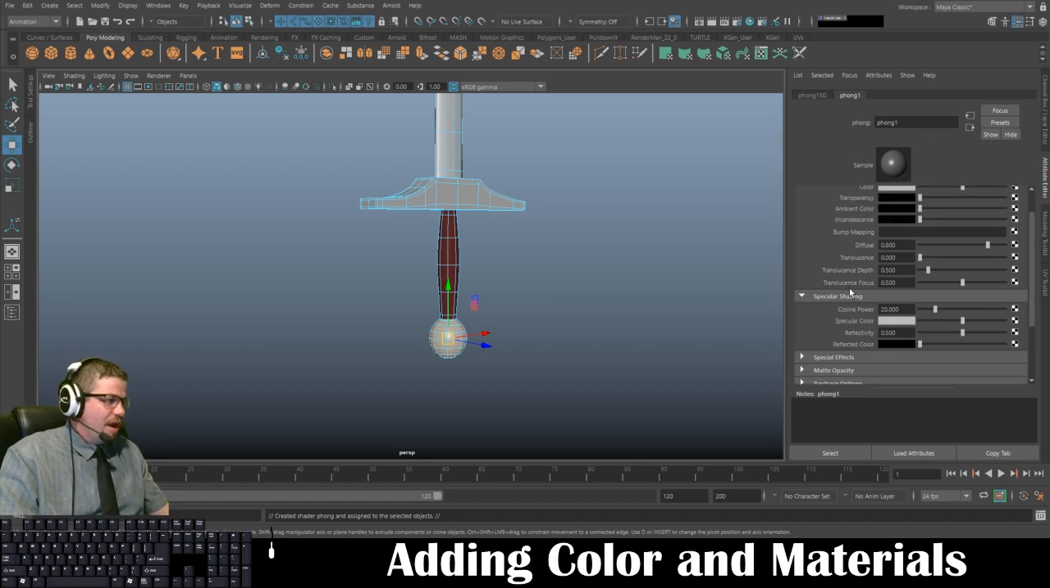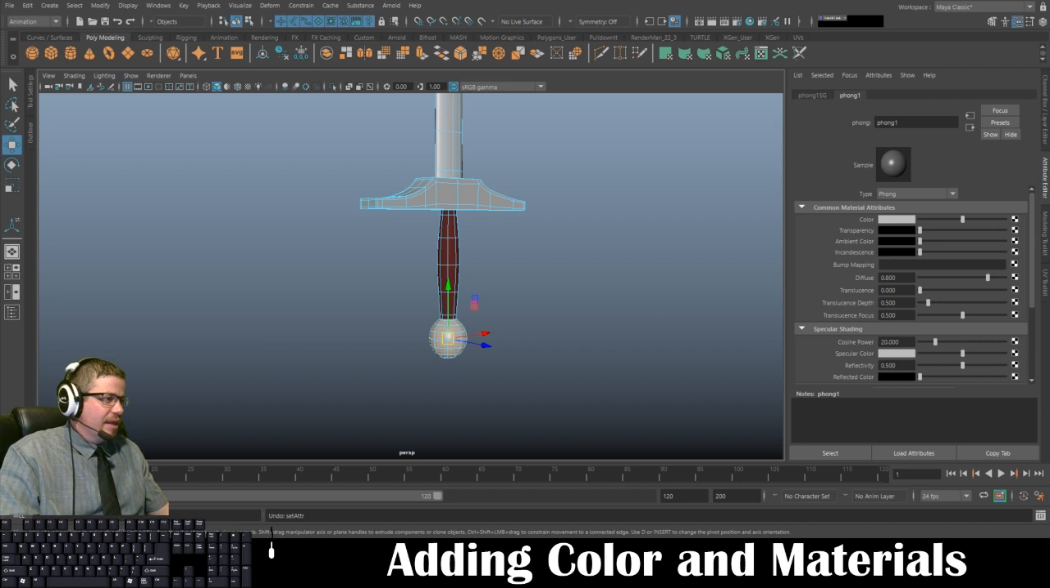And the most obvious one is this cosine power. And if you notice up here, it sort of controls the pin light on that Phong. It's a little bit more fine, but that's just kind of what it does. And all the rest work exactly the same. So I'm going to leave that as a Phong, and I'm going to change the color of this